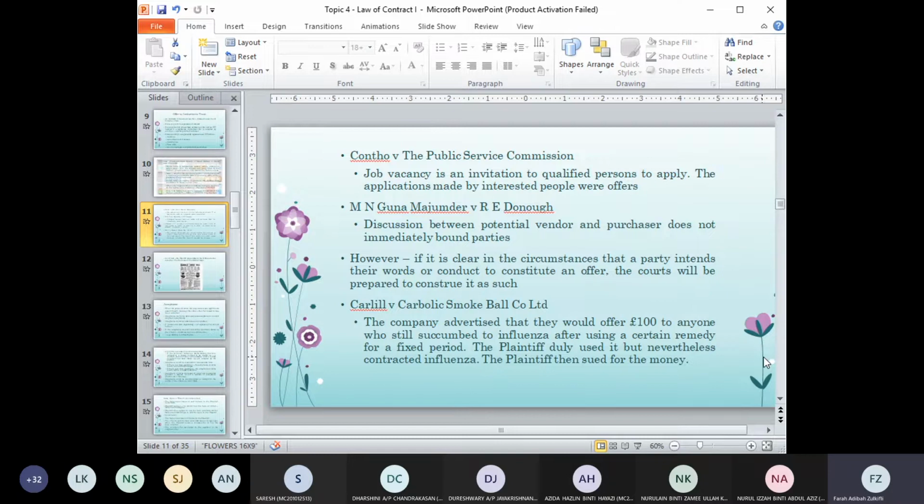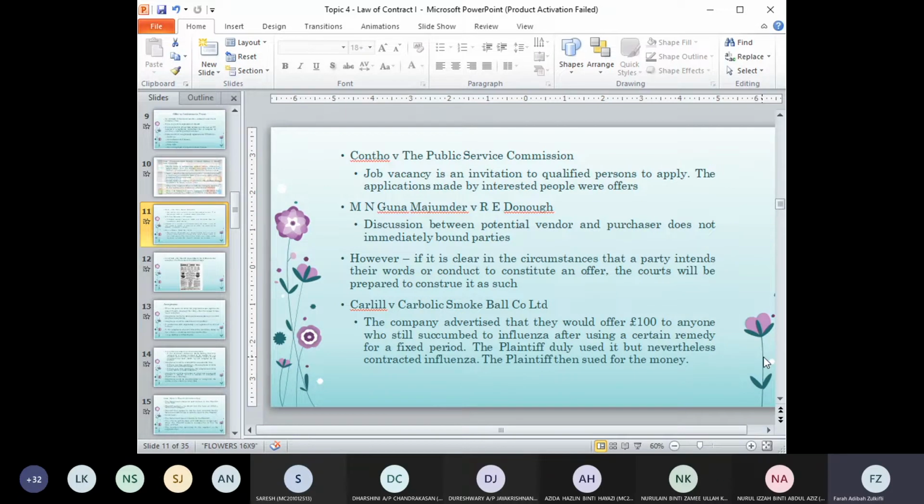made. Okay, but if it is clear in the circumstances that the party intends their words or conduct to constitute an offer, the courts will be prepared to construe it as such. So it just means that if in the situation it seems that one of the parties is making an offer, then the court will call it an offer. But it depends on the facts of the case. The general rule is, if you are still negotiating, if you are still discussing, there is no offer,